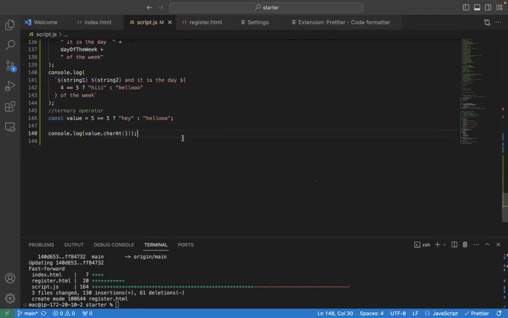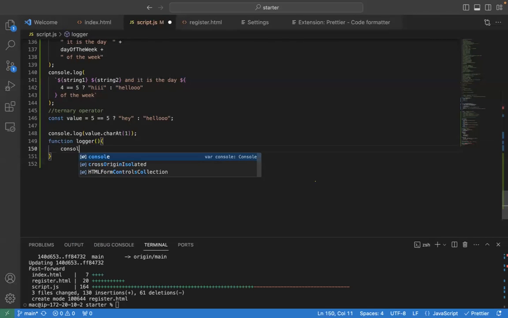Do you understand? So for instance, I can create a simple function called, let me see, function logger. This function logger doesn't take anything. I just tell this function console.log